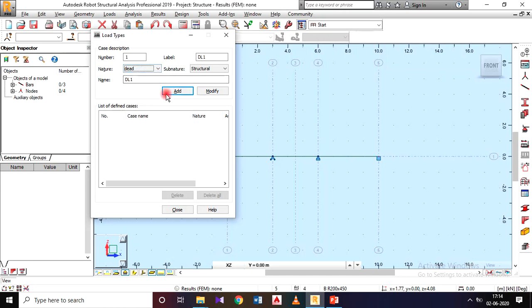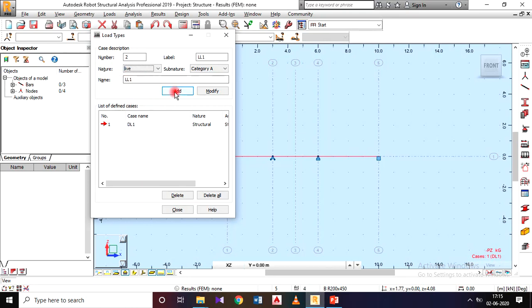That's why I am specifying the dead load, and the name by default it has taken as DL1, and I need to add it. Yeah, it has taken the dead load, the nature is structural. The second one will be the live load. That's why I will select the nature as live, and automatically it has taken the live load name as LL1.